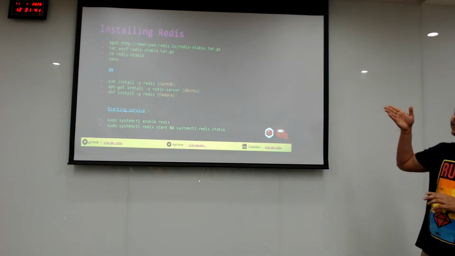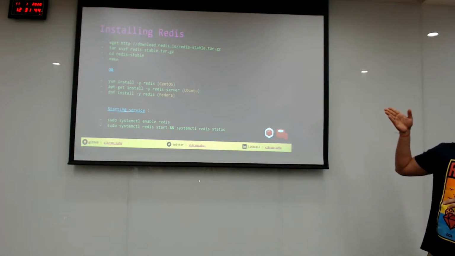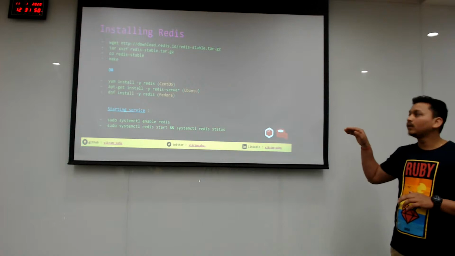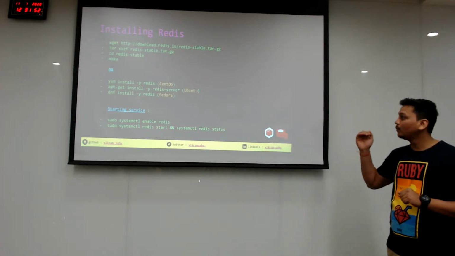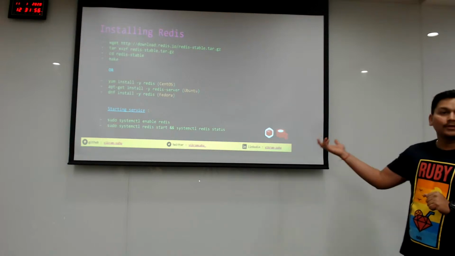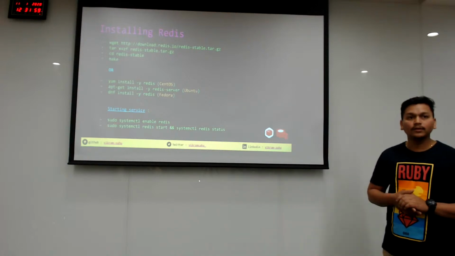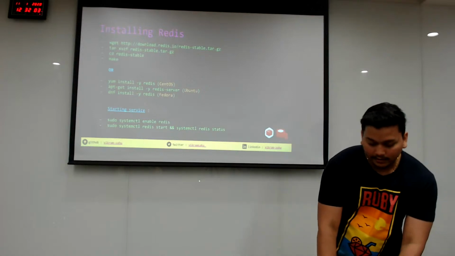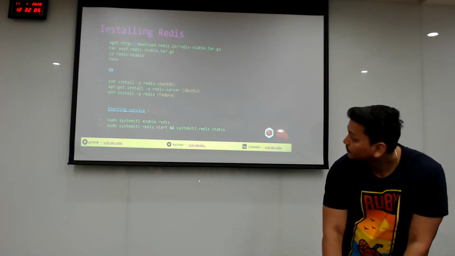The first step is for any machine, no matter what it is. The second one is on the servers, depending on the server, whether it's CentOS, Ubuntu, or Fedora. Then there is the service: how you can start the Redis service and check it. So once you start the Redis service and check, it will